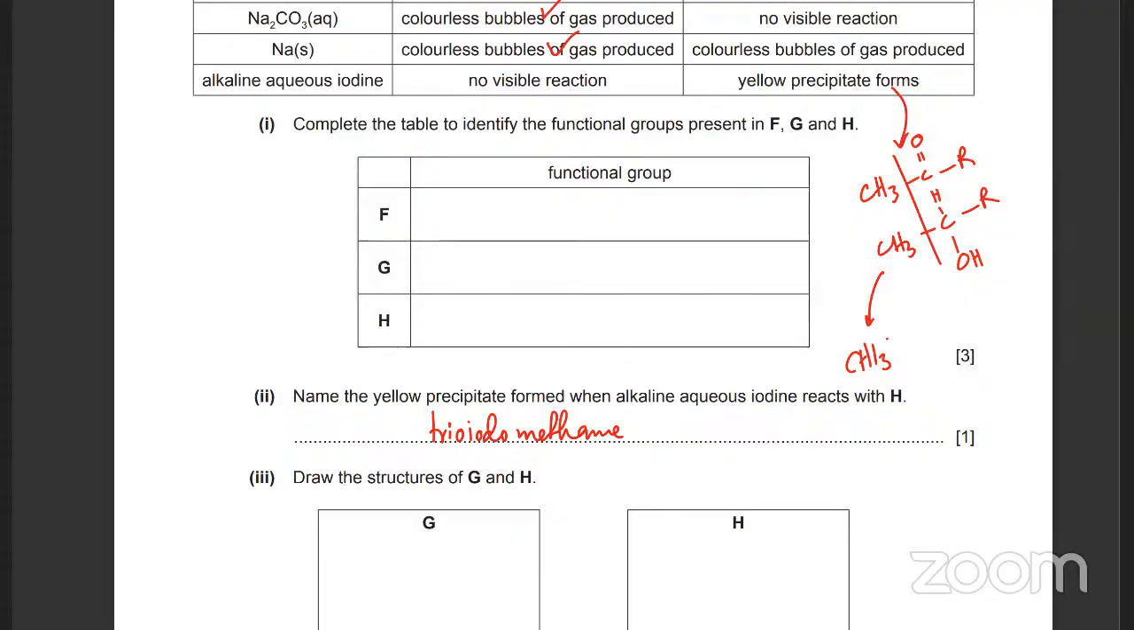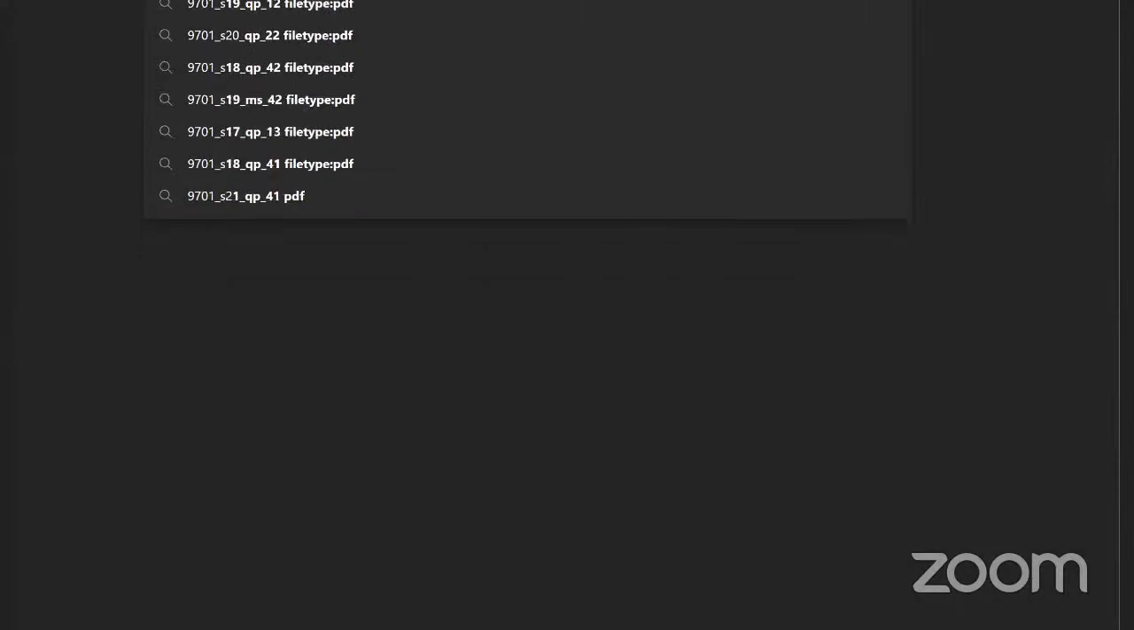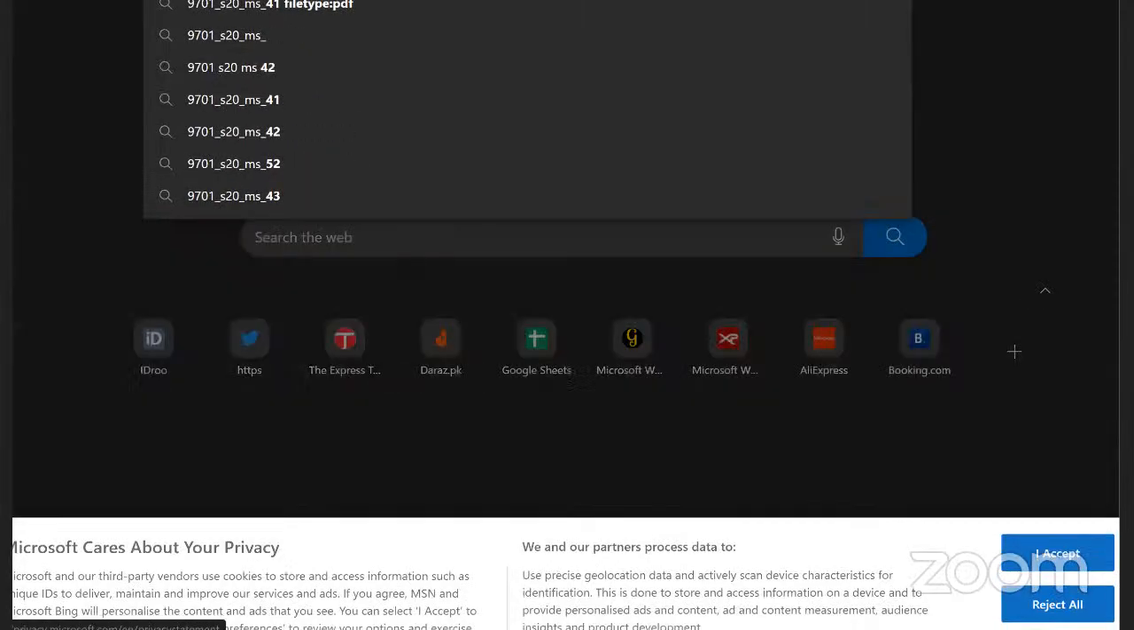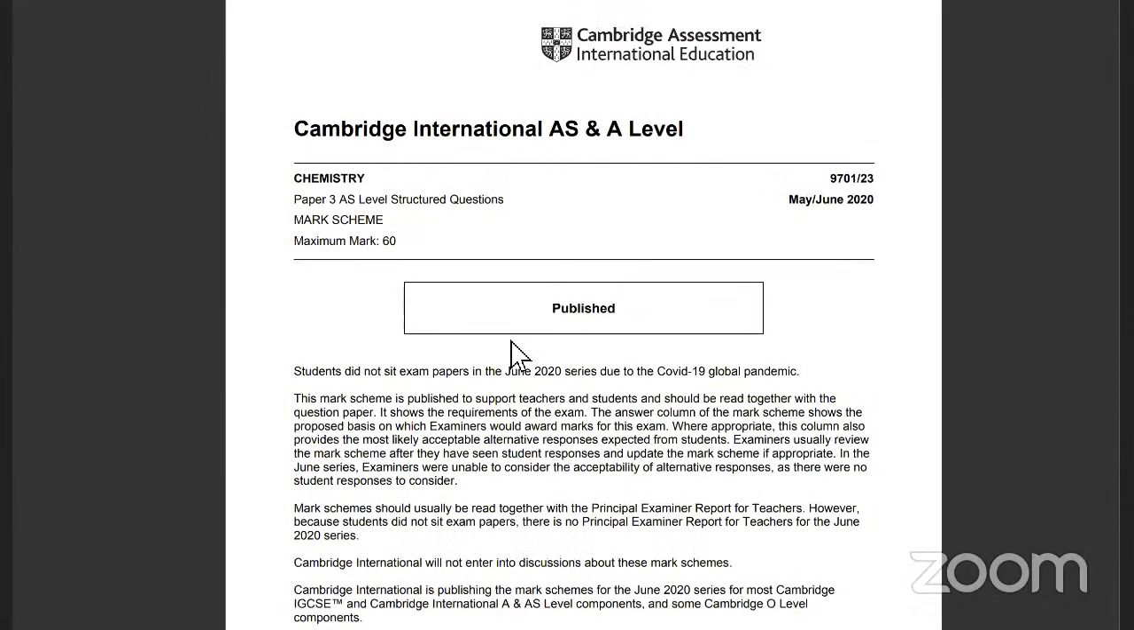Let's check that, just 1 second. If you just want to be sure, we can confirm this. This one is S20 MS23. Just a second. Because they were specifically calling to name the